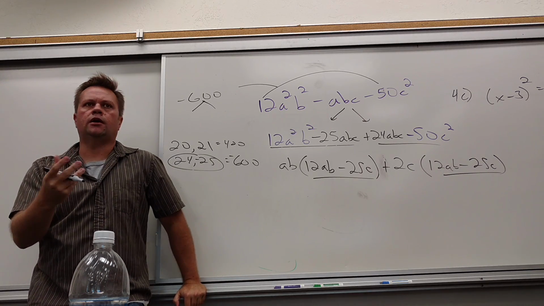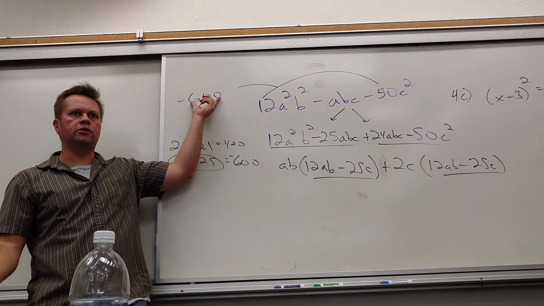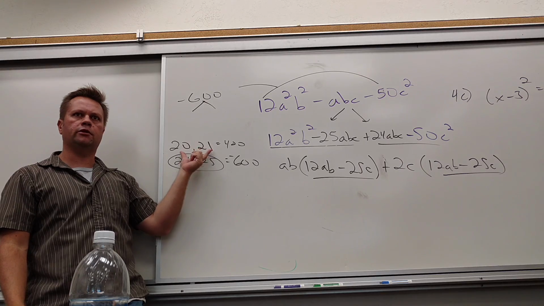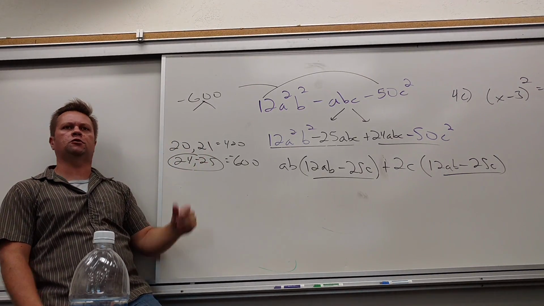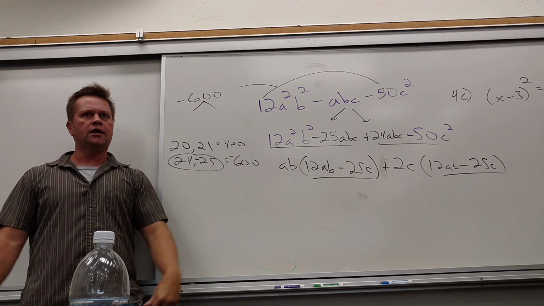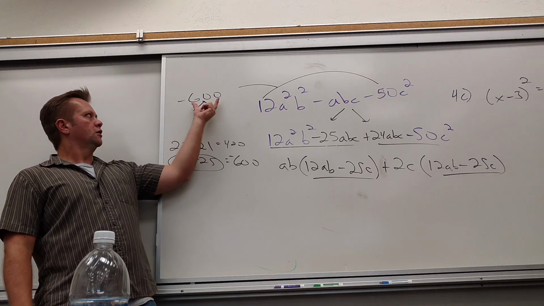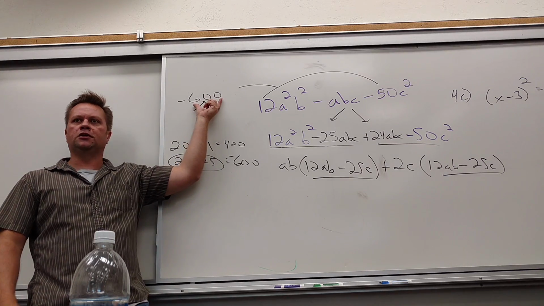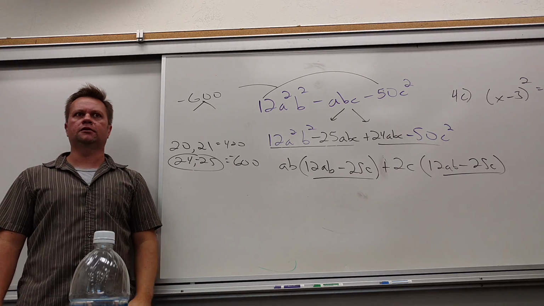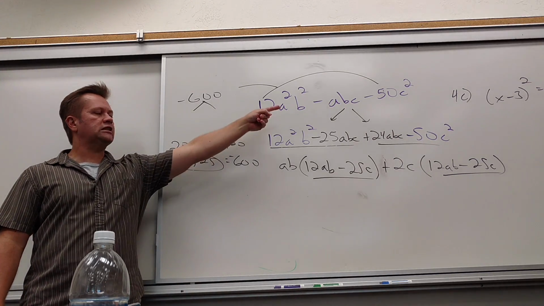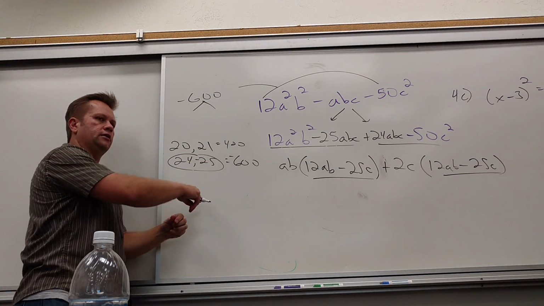You guys understand the process didn't change at all. I just had a bigger number than normal to deal with, and I'm hoping some of you understand what I was doing here. Instead of trying to find all the factors of 600, I would never think of 24 and 25 multiplying to be 600. I know math really well, but it's just not going to come to my brain. I'm going to think 20 and 30 and 6 and 100 and 60 and 10. I'm not going to think 24 and 25 right off the bat. But what adds to be negative 1? That's an easy question. You just start listing things, and that was